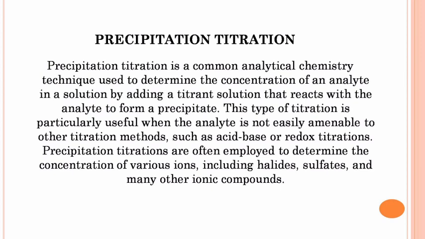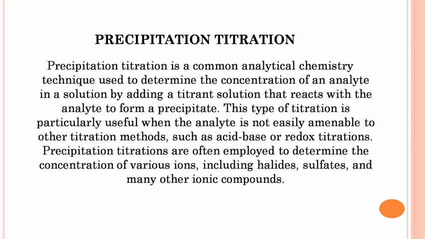Precipitation titration is a common analytical chemistry technique used to determine the concentration of an analyte in a solution by adding a titrant solution that reacts with the analyte to form a precipitate. This type of titration is particularly useful when the analyte is not easily amenable to other titration methods, such as acid-base or redox titrations. Precipitation titrations are often employed to determine the concentration of various ions, including halides, sulfates, and